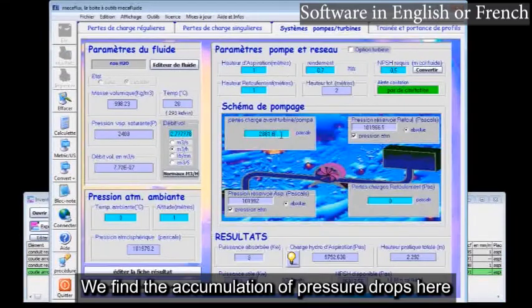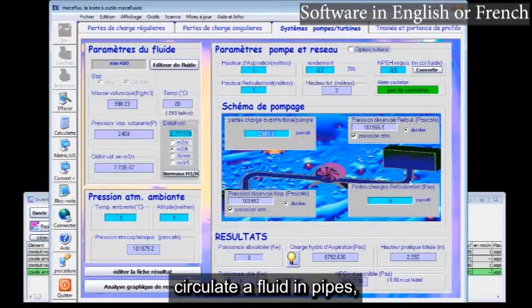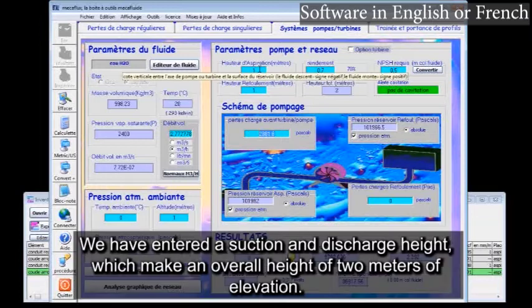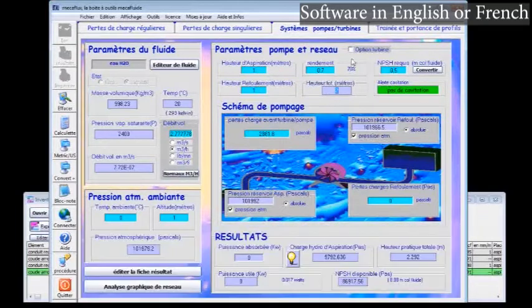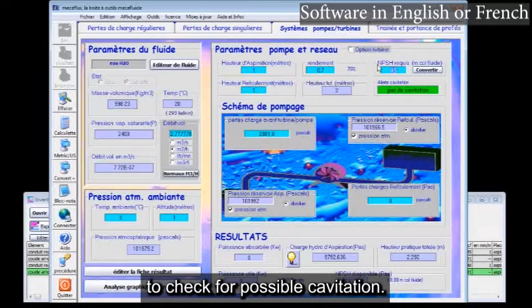We find the accumulation of pressure drops here in a pump system, which should, for example, circulate a fluid in pipes, accumulating these pressure drops. We have entered a suction and discharge height, which make an overall height of 2 meters of elevation. We have entered an NPSH, to check for possible cavitation.